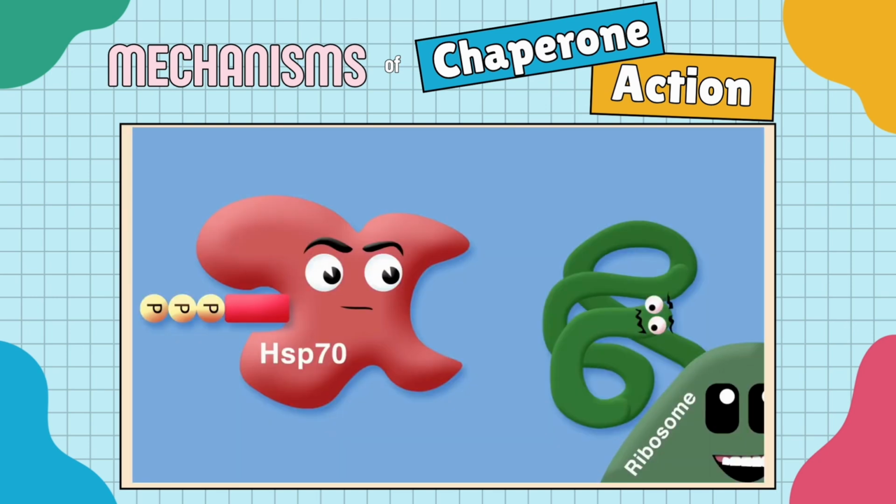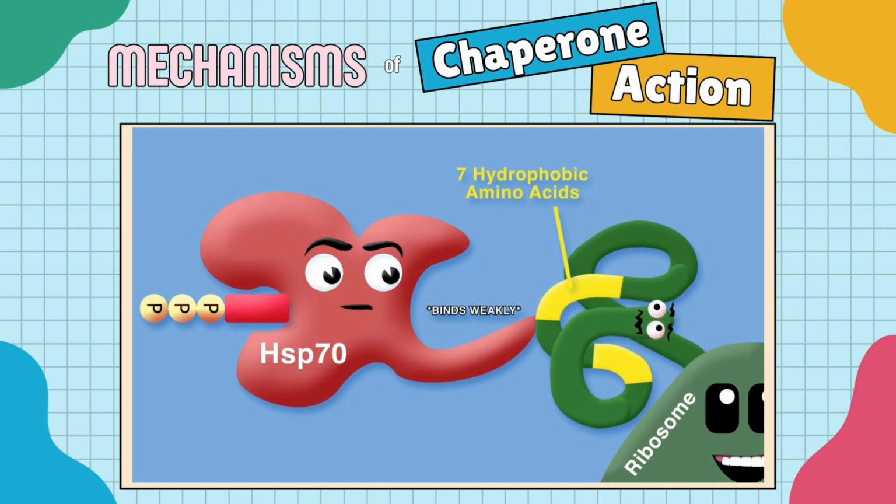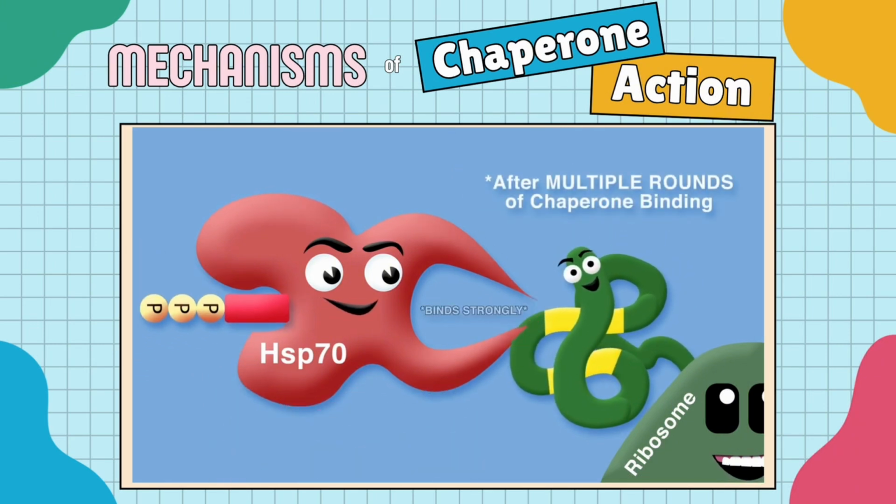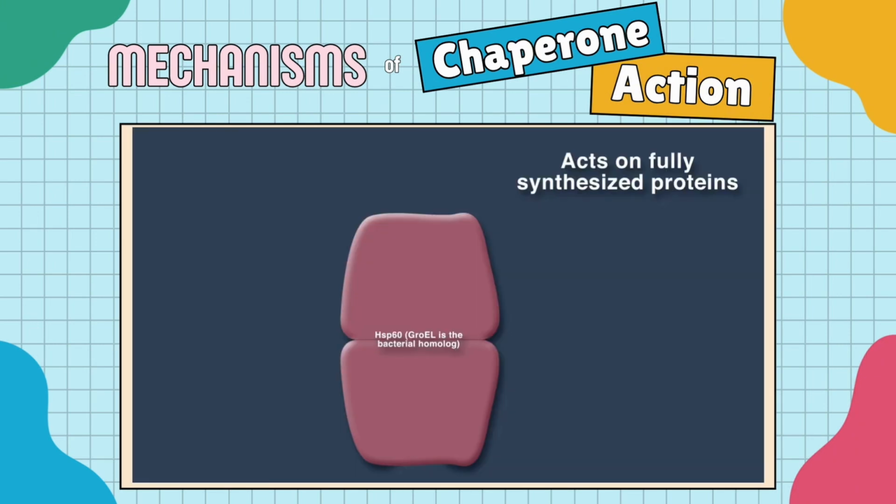HSP70 acts early on in the process of protein folding, binding to polypeptide chains emerging from ribosomes where there is a chain of 7 hydrophobic amino acids. HSP70 is aided by HSP40s, and many cycles of ATP hydrolysis are generally required to fold a single polypeptide chain correctly. HSP60 acts on fully synthesized proteins, forming a large barrel that serves to isolate the protein and provide better